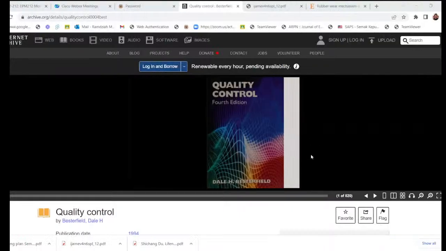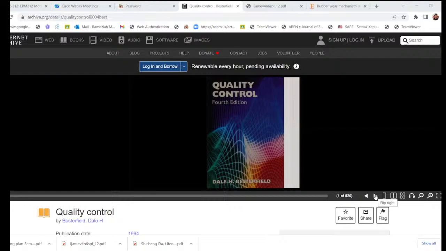This is the Internet Archive, whereby you can actually browse through the Dale Besterfield Quality Control 4th edition. Currently, they have the 7th edition. Basically, they improved a lot in the 7th edition, but I have not received the 7th edition from Pearson, so I'll stay using the 4th edition.